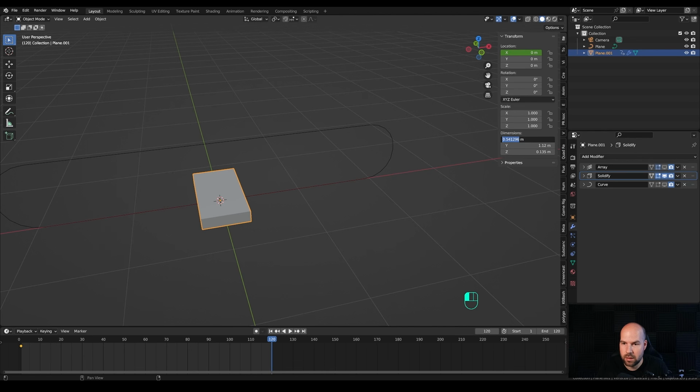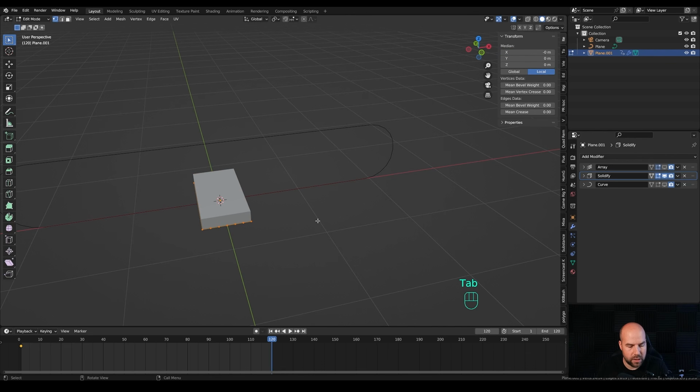So let's select this, press Ctrl C to copy the number, and now if we go to the edit mode, let's press A to select all. And now here where it says median, we can insert that number. So let's click here, press Ctrl V to paste it, but we'll divide it by 2. So slash and 2, and let's hit enter. And this now sits perfectly on the axis.